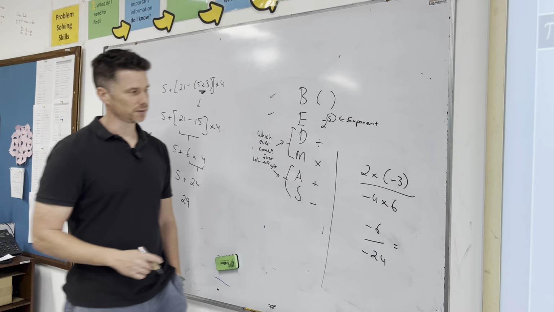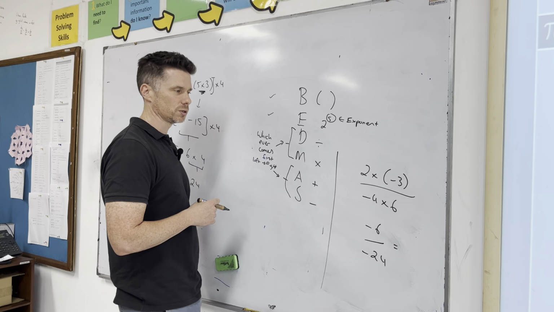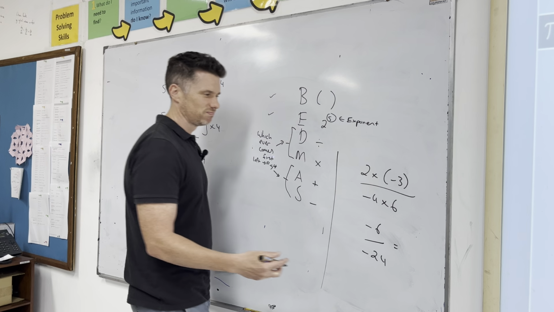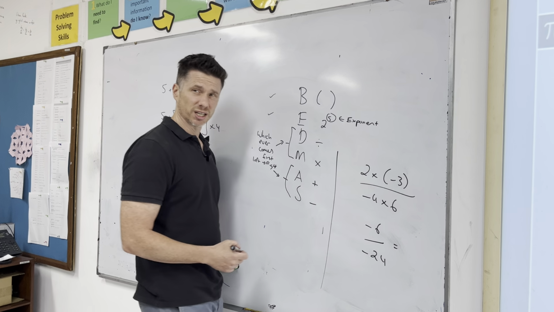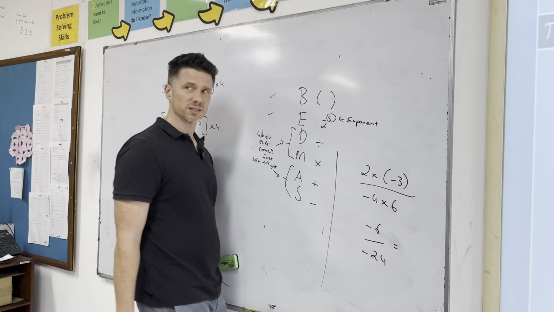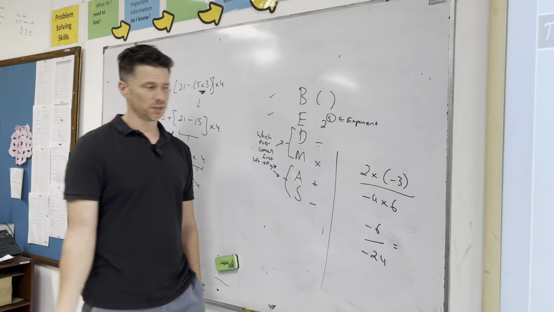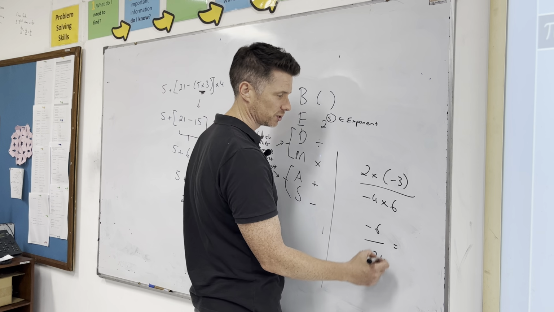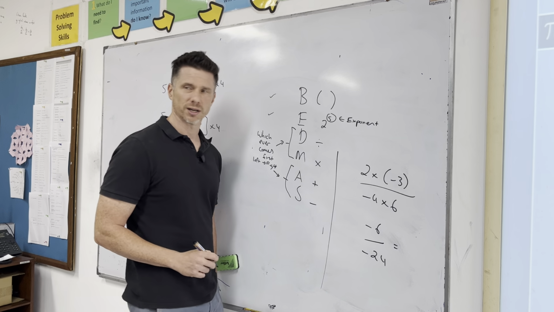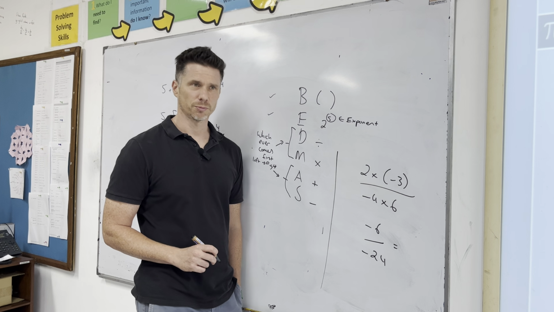It's definitely positive because a minus divided by a minus is double negative, so it's positive. There's not much I can do. I get to simplify it. The answer is going to be a fraction because 24 doesn't fit into 6 a whole number of times. It's definitely going to be less than 1. So I can just keep it as a fraction. What's it as the most simplified fraction? 6 over 24 is simplified to